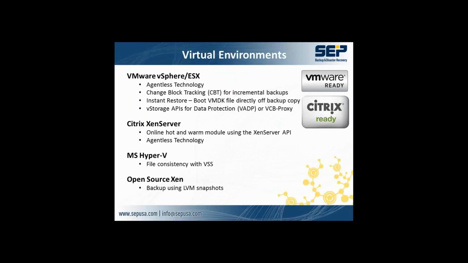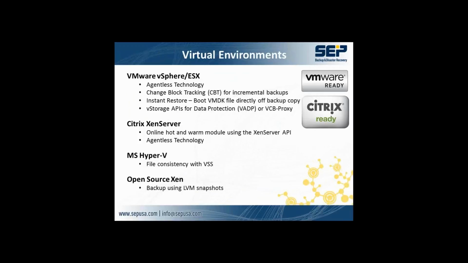All the third-party applications just spin up and are running immediately. You don't have to go in and re-authenticate or reactivate any of the third-party products on there, which also is unique to SEP. Full support for Hyper-V and for Red Hat Rev, and again, native communication through the respective APIs,